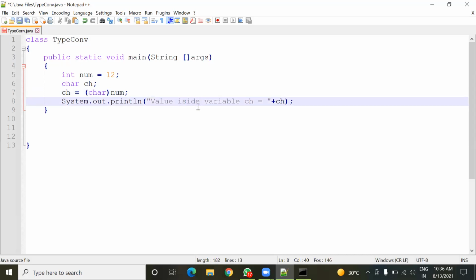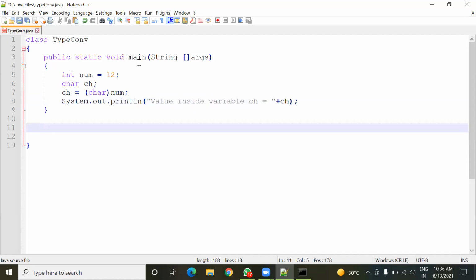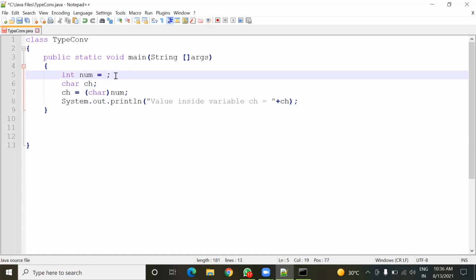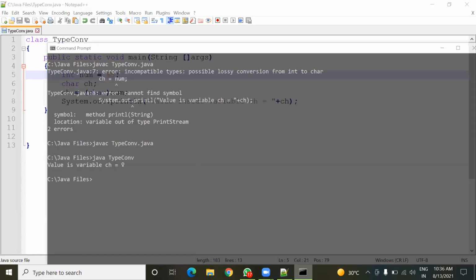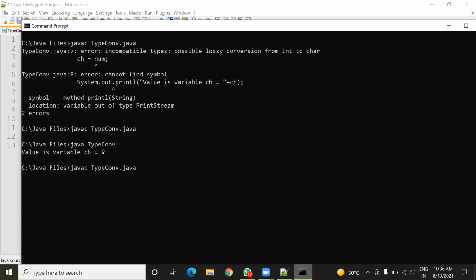So here I am going to change its value to make it 65. So once again I have to compile this file. No error. Now run.